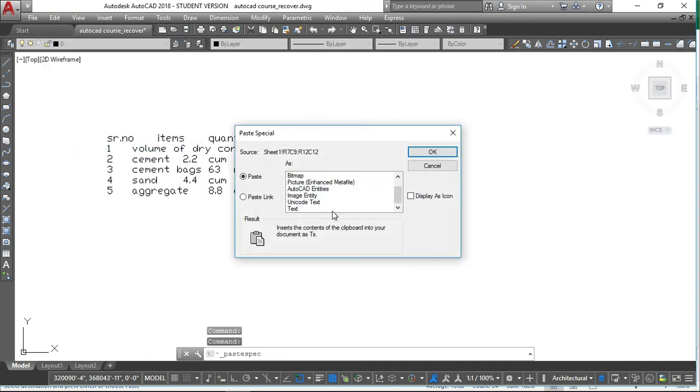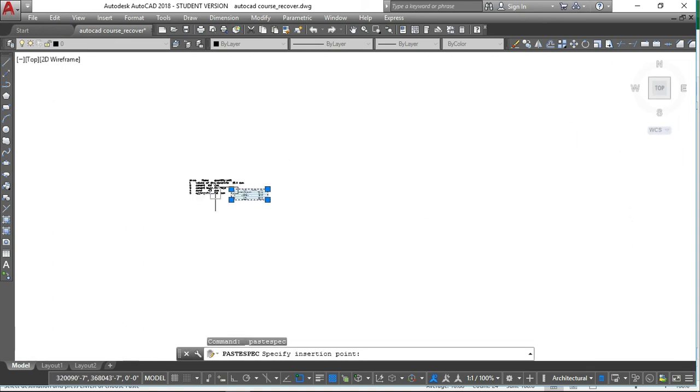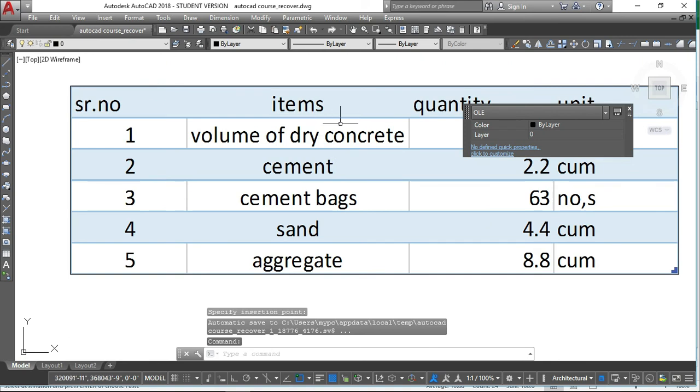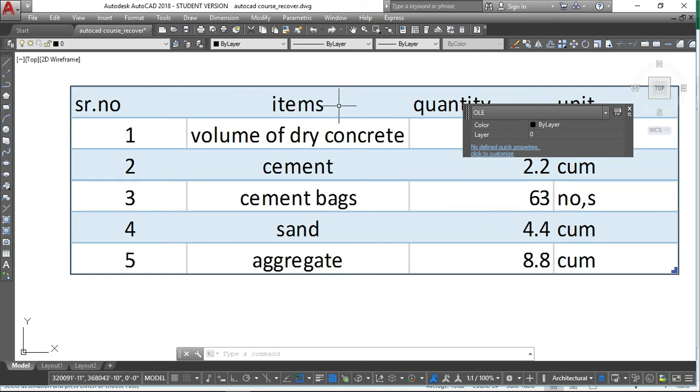We have many options here actually. I will show you one more option. This is the Excel sheet object. In your AutoCAD, maybe it will be the name of the Excel sheet. So click here. Okay. Then I will paste it here. Now you will see this is the Excel sheet. When you double click it, it will open in MS Excel,